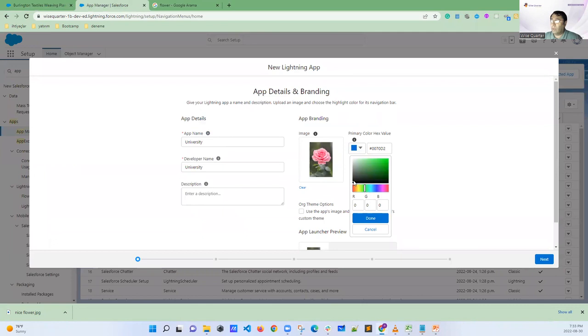It's all up to you. And you should say, okay, this color, I like it. I want to use this color. It makes it look nice, that's all. If I say done,